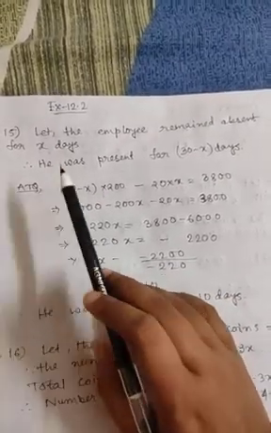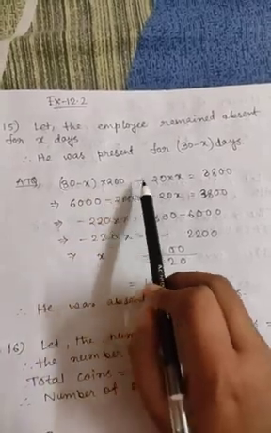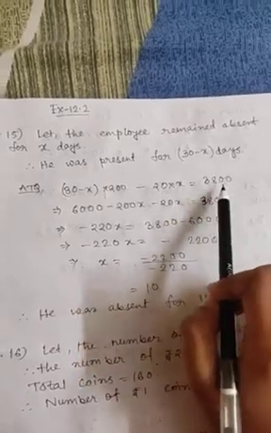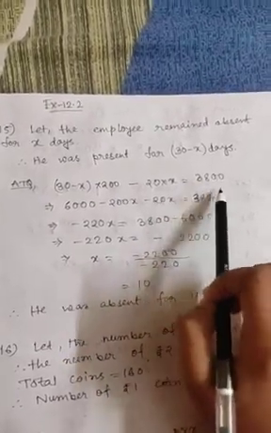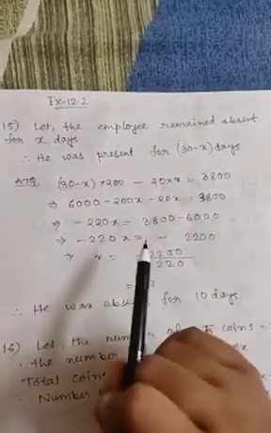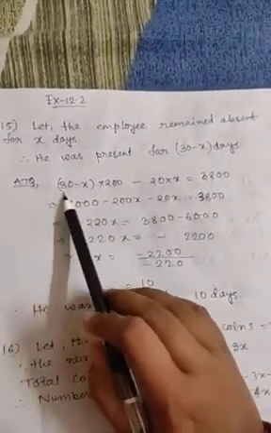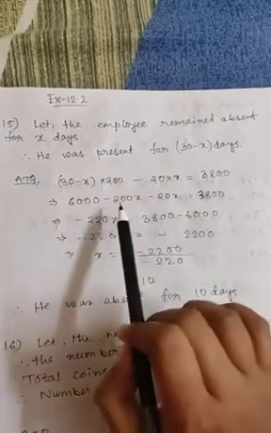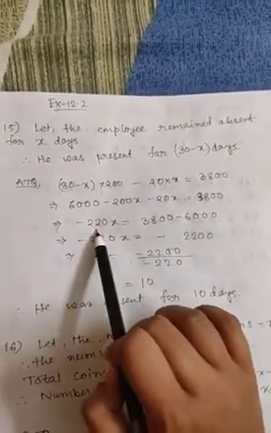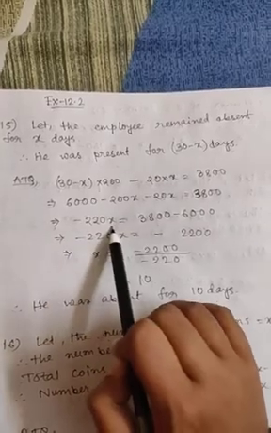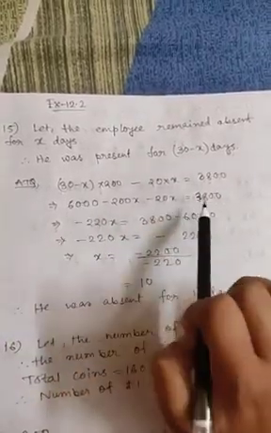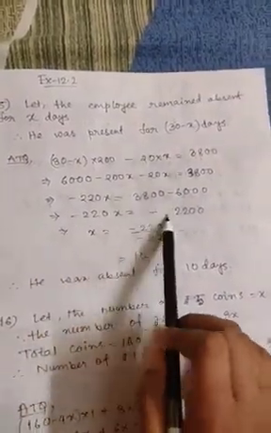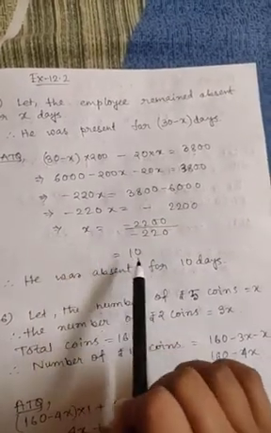So according to the question, you can see (30 minus x) into 200 minus 20 into x equals the total money he is getting in all. He is getting a total of 3800 rupees in all. So from this equation now we will find out the value of x. So you can see 200 into 30 is 6000, minus 200x minus 20x equals 3800. Now minus 200x minus 20x equals minus 220x, so minus 220x equals 3800, and this 6000 will go to the right hand side, so it will be minus 6000. So we are getting minus 220x equals minus 2200. So the value of x will be 10.